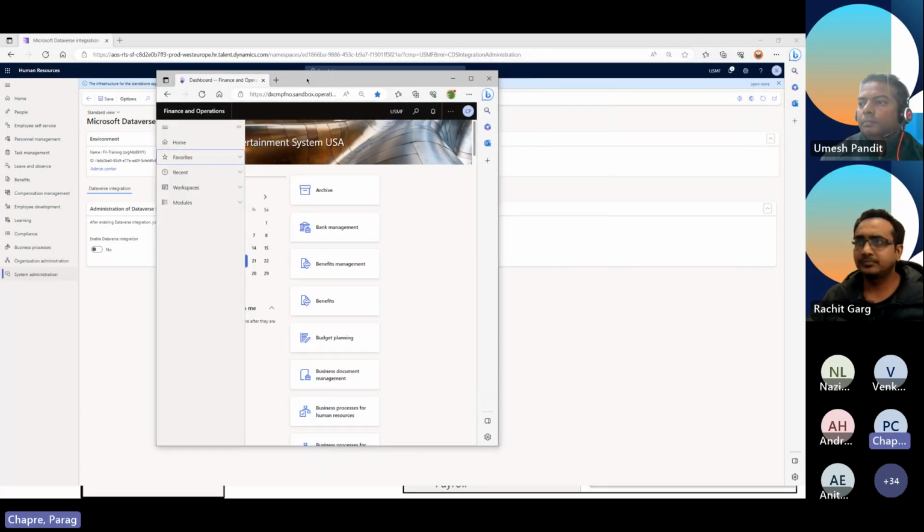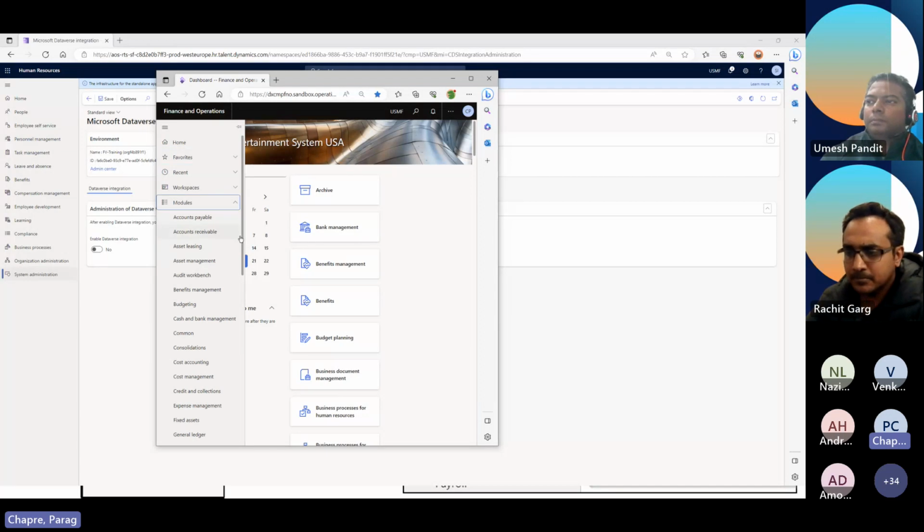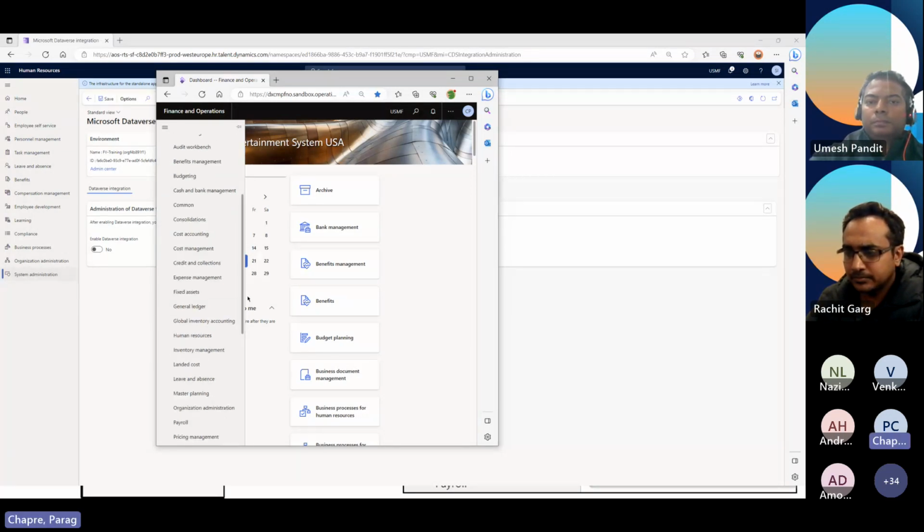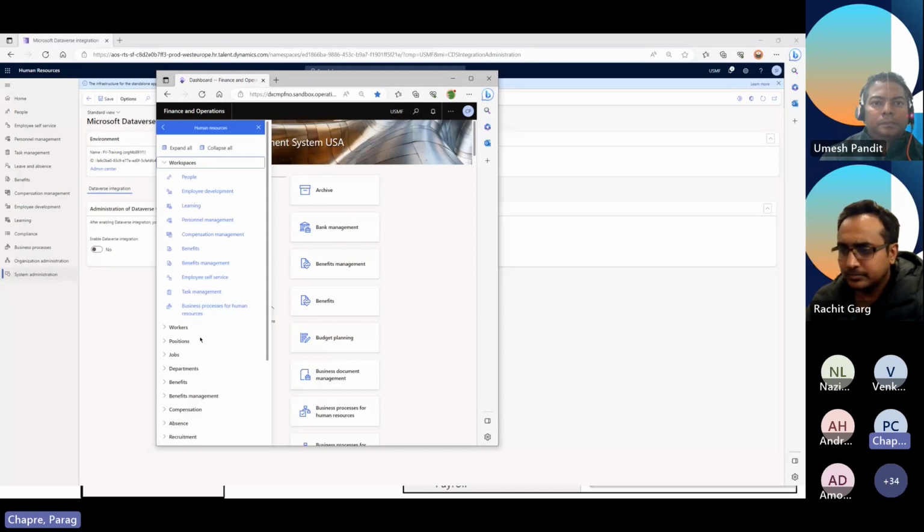Okay, so now if you see, the right system is Finance and Operations, and the left system is the Dynamics 365 HR application. We have the same feature here, home button and home button, but this namespace, people, employee self-service, person management, all moved to the HR. So if I go here to human resource, you can see this is all moved here in the HR workspace, people, employee